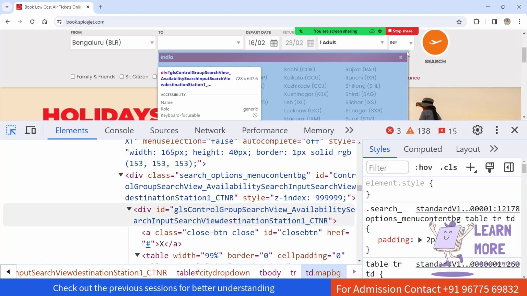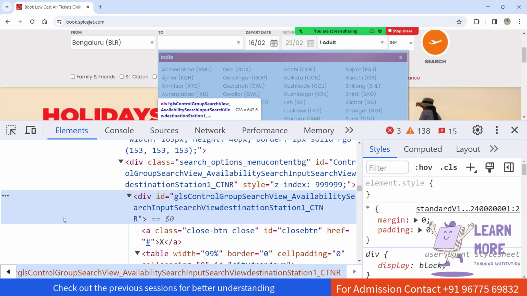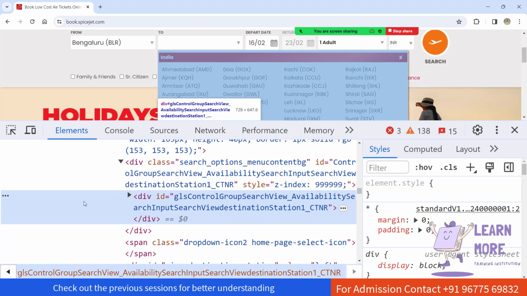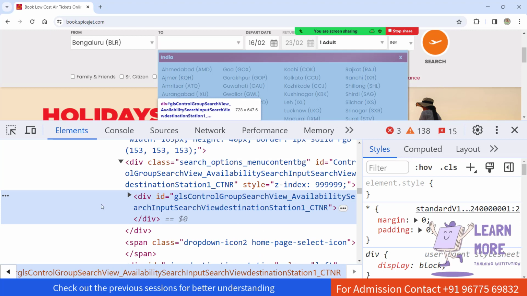Once you place it in the corner of the two drop down, the entire two drop down will be highlighted. Just do the click operation over here and you will get some node. Okay, so this is the node. If I hover the mouse over this particular node, the entire two drop down is highlighted, which is going to act as a parent, and the parent contains multiple children. In other words, we are going to create a web element and find the new element